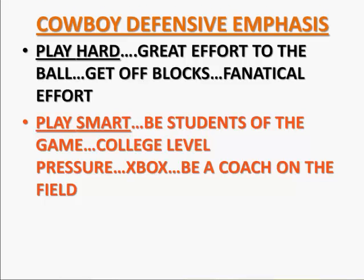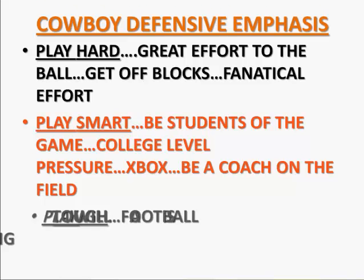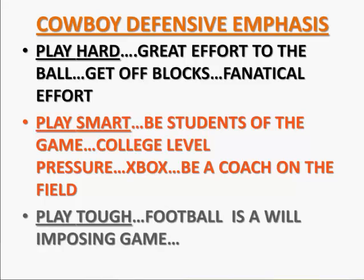Next thing is we want to play smart. We talked about it earlier when we talk about individuals, but as a defense, we want to play smart. We want to be students of the game. We understand that at the college level, there's a lot of pressure to win, a lot of physical demands, a lot of time constraints that go along with it. Our kids today, they're the Xbox generation. They have to be able to operate